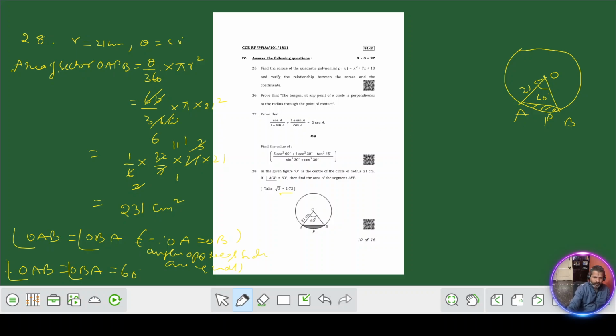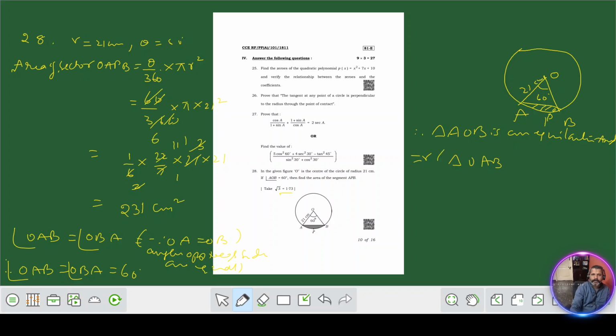So, from these, what we understand is all the angles in triangle OAB are 60°. Therefore, it's an equilateral triangle. Right? Therefore, we conclude that triangle AOB is an equilateral triangle. Okay. So area of triangle